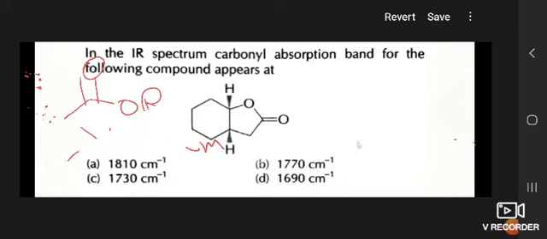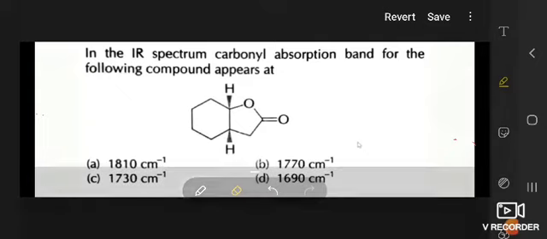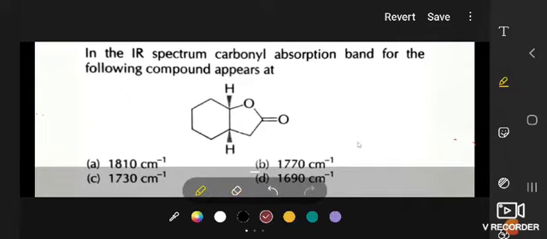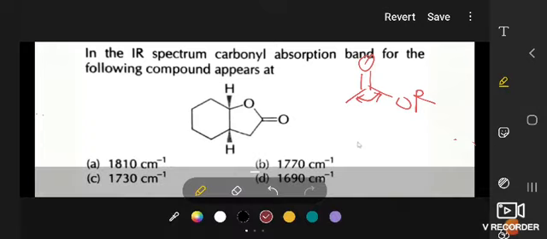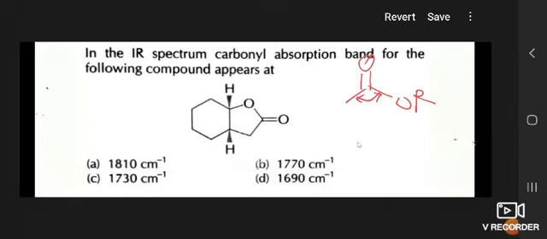In this case you can see that if the ester is acyclic, then it does not possess any angle strain. Now guys, what is meant by angle strain? Angle strain is nothing but the strain which is produced in the molecule when its bond angle deviates from ideal tetrahedral bond angle or ideal